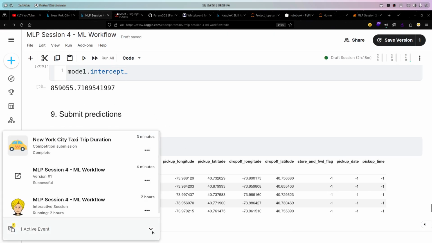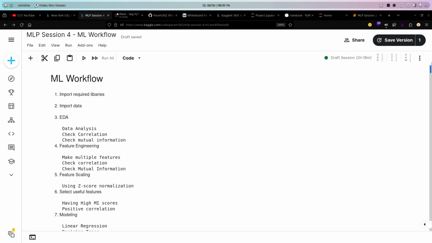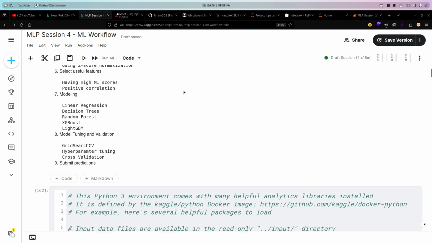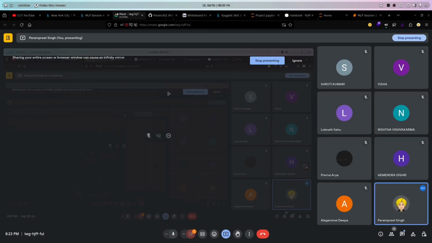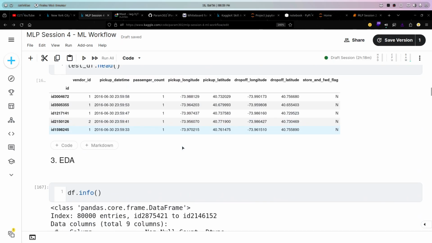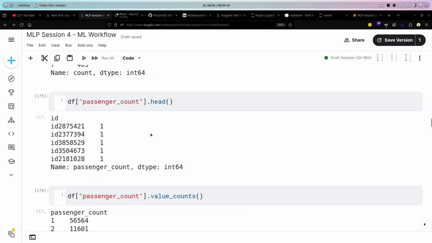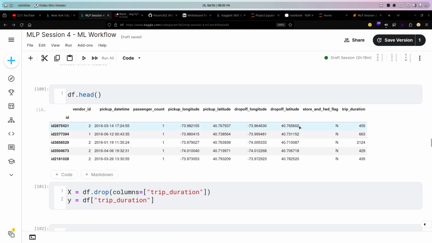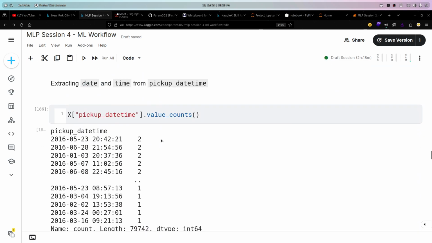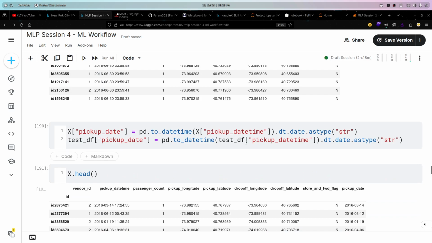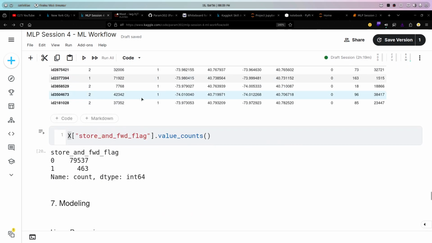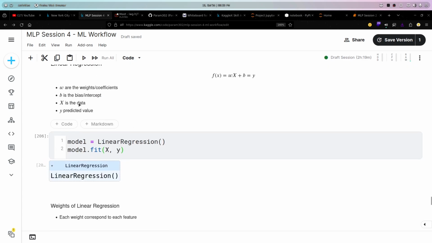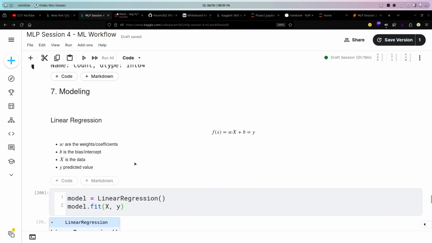So in today's session, we mostly went through the basic ML workflow. First we discussed what the X and Y features are, what the predicted label, the target label is, and then we did some EDA, and then we did some feature engineering. We created some new features, and after that we converted the categorical features to numerical values using an ordinal encoder. Okay, and after that we created a model, which is a linear regression model, and we fitted